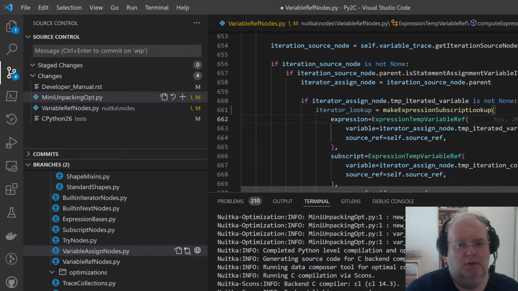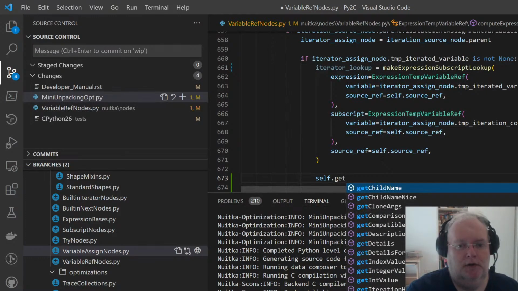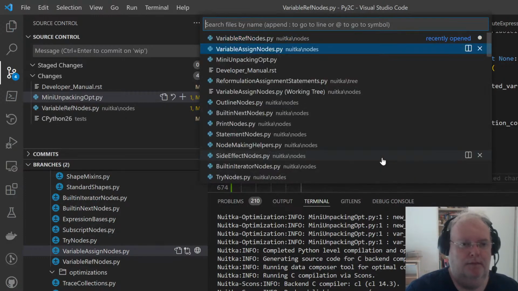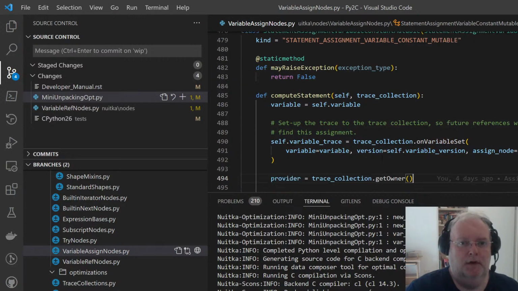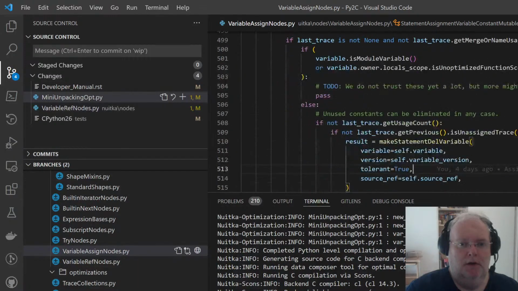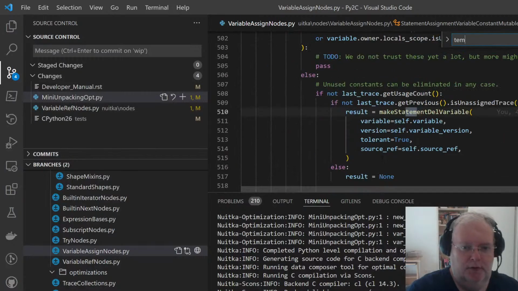Actually, what makes sense is to know the scope from the iterator assign node. Because now I'm going to do something like self get provider, and the temp scope.